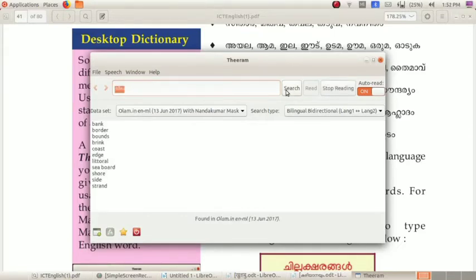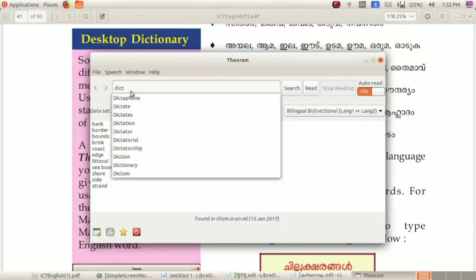Bank, border, bound, string, postage, literal, seaboard, shoreside, strand. Okay. When I have typed the word, you can see the English meanings of that word and you can hear the words being read by the computer. I am just typing an English word here. So I am changing the language to English. And I am typing dictionary.